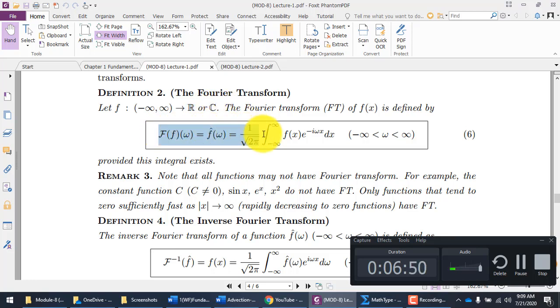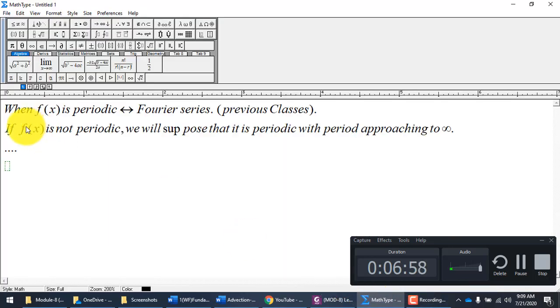The Fourier transform will be 1 over square root 2 pi, integral from minus infinity to infinity of f of x e to the power minus i omega x dx. So this is the actual definition. Capital F is used for the Fourier transform of small f of x, and the definition is 1 over square root 2 pi,